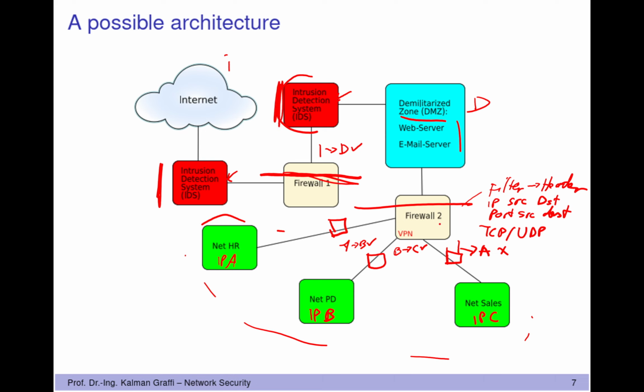Actually, we could also have some intrusion detection here, so after each border, so that we can see what was let through and maybe detect some kind of irregularities. But one must also say, if there's some traffic X and it wants to reach C, then it has to pass this detection system, and potentially this detection system. So it passes several